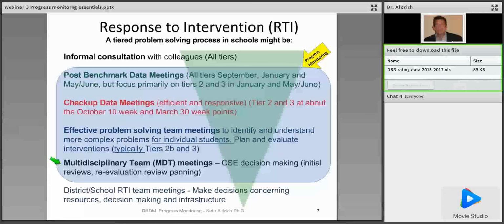I'm going to talk about this just a little bit. This is something that I'm going to address pretty extensively at the 5th webinar, where we talk about CSC decision making. One of the things about having this infrastructure and coordination and really thinking about our toolkit, the questions that we're trying to answer through all these measures, is that we've got meetings at our post-benchmark where we're prioritizing students for tiered supports, but at the same time, we might want to use the same data,